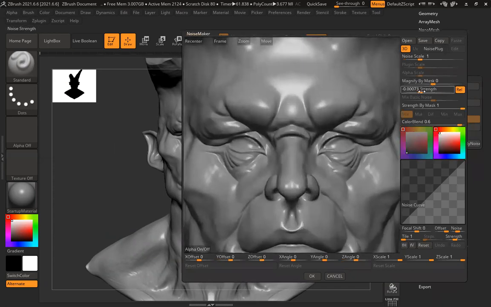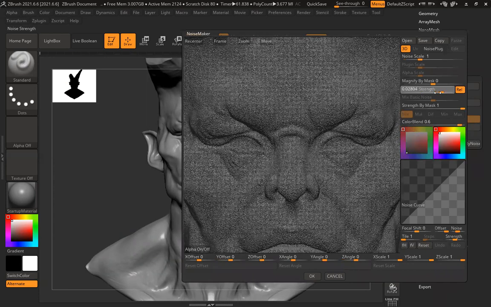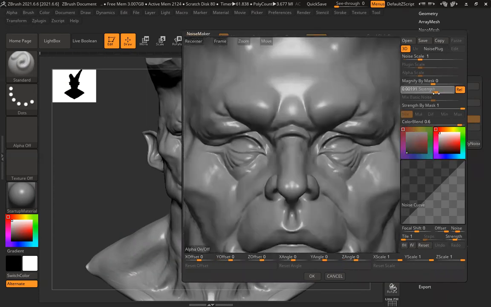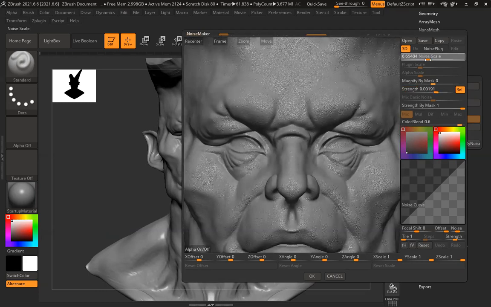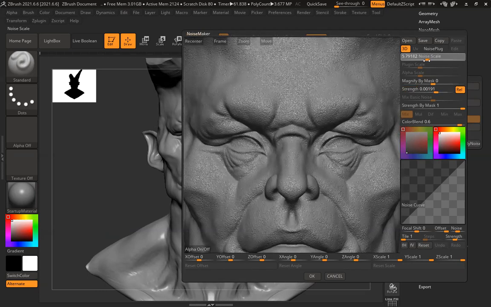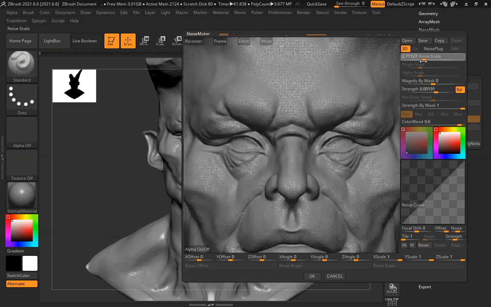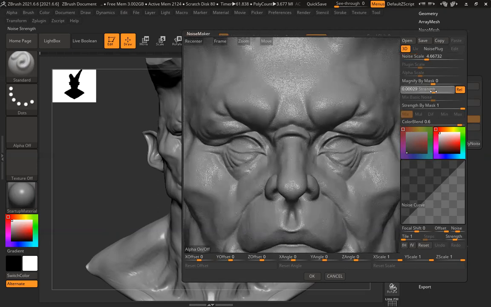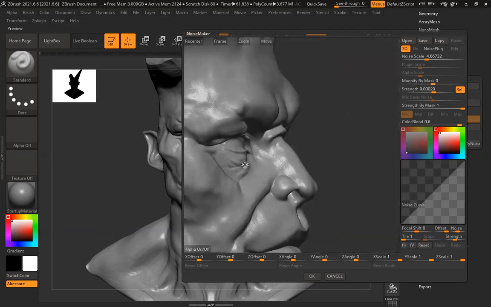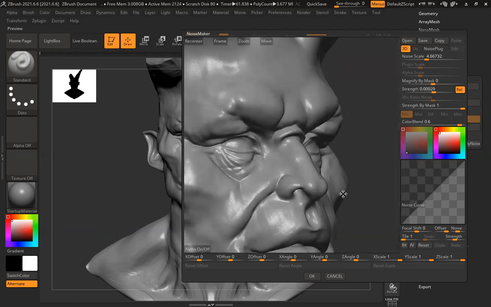It's very, really small. Scale I can increase. Little extra. So always keep it little extra.